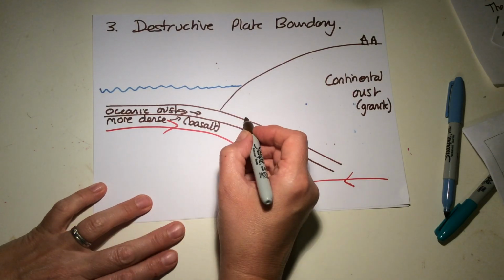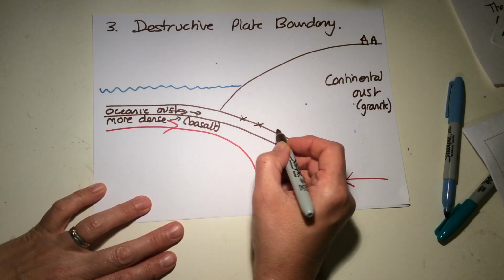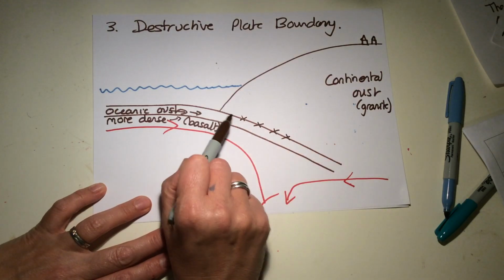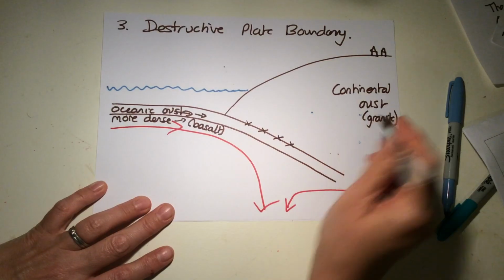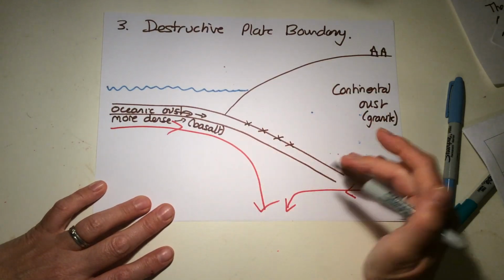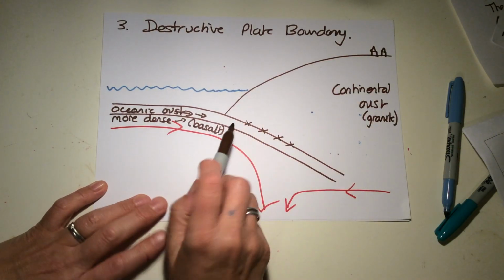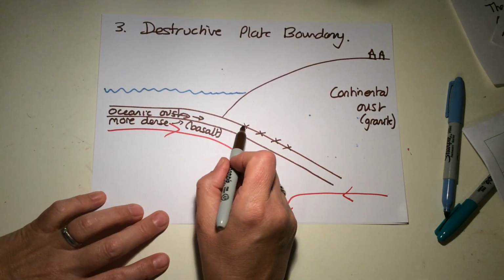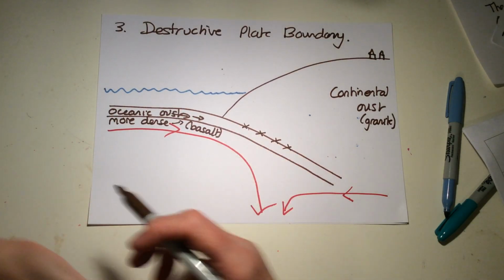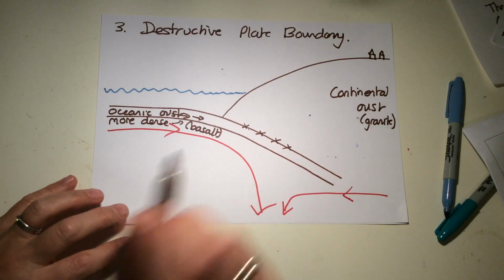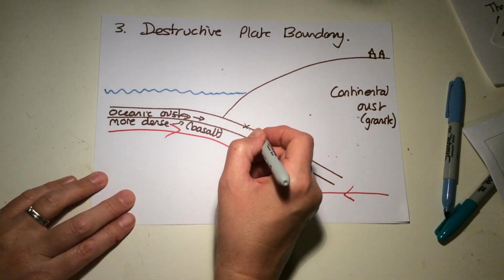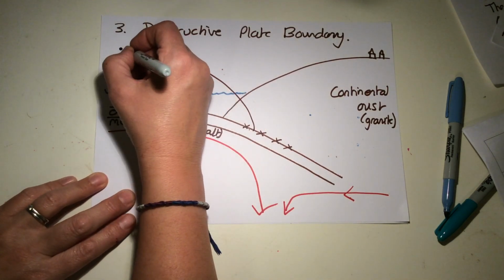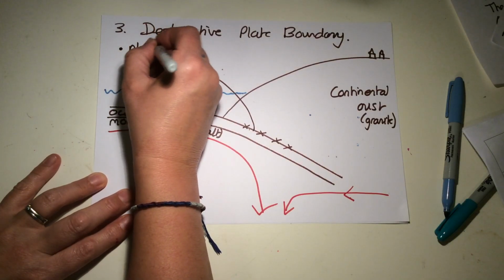Yep, we're going to get earthquakes along this area here. So this is where this large lump of rock, jagged lump of rock, is trying to move this way, and the oceanic crust is trying to move this way, and they're going to lock here where the jagged rocks get stuck together. And again, exactly the same as the last one, we're going to have a situation where the plates